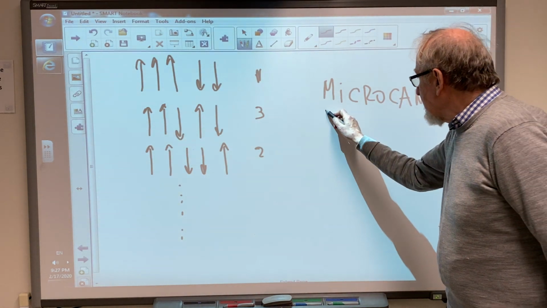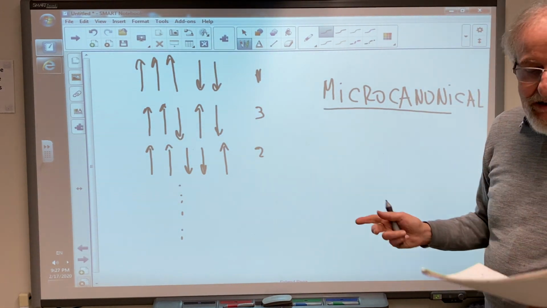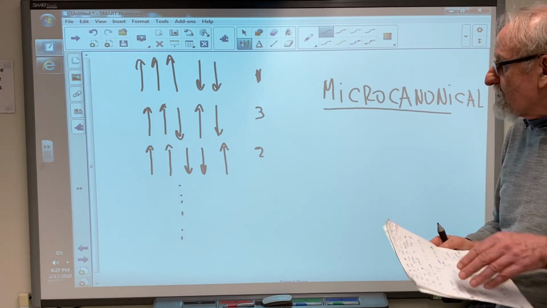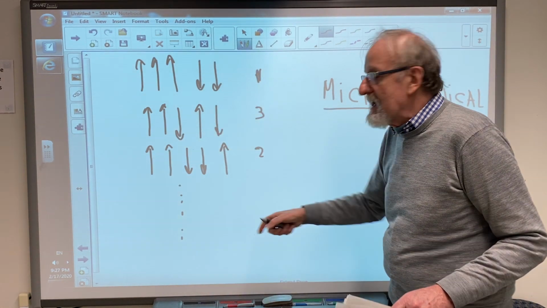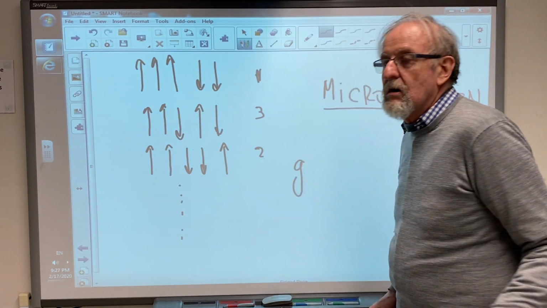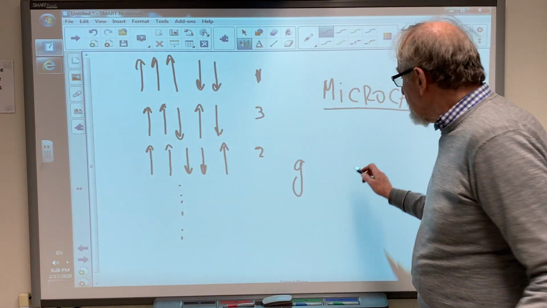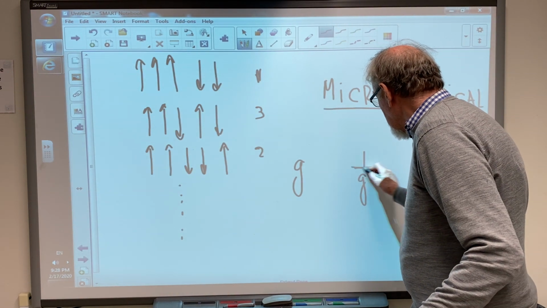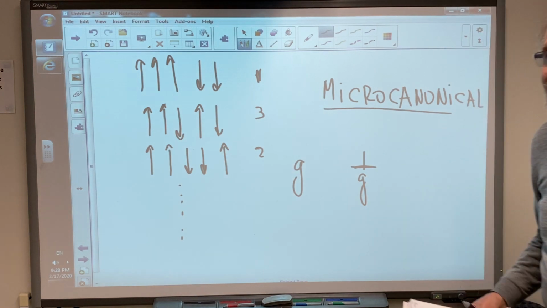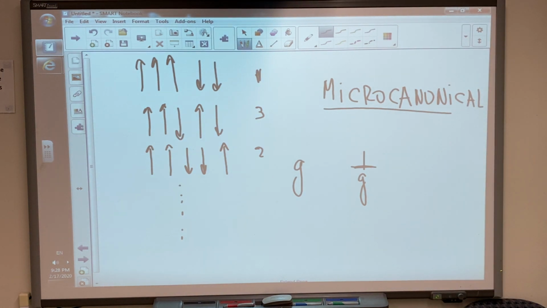So I have presented this, and I said, the mathematics of this is very simple. My ensemble has as many elements as G, and the probability of every one of them is 1 over G. What can go wrong with them? Well, in most systems this is true, but there are certain cases in which we know that there are systems